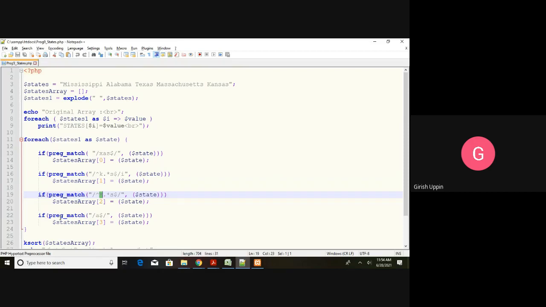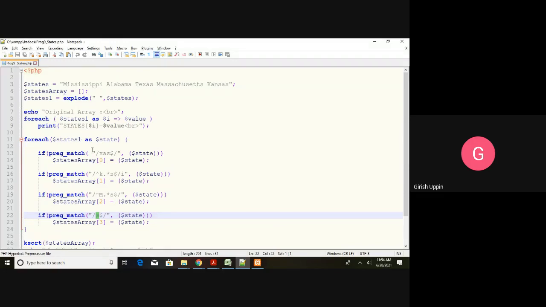It will come to the next preg_match, where I have A and the dollar. Dollar represents ending with the letter A. Does Mississippi end with the letter A? No. So it won't get into any of the true blocks, and it will go for the next.